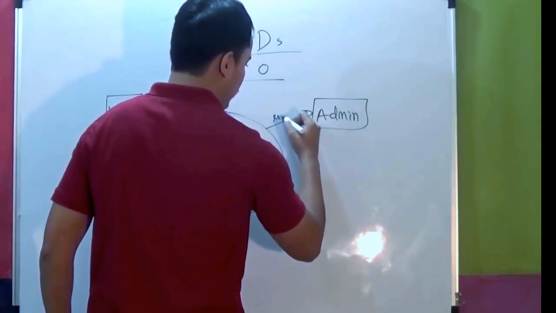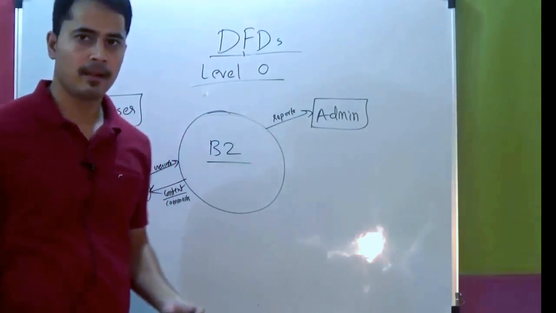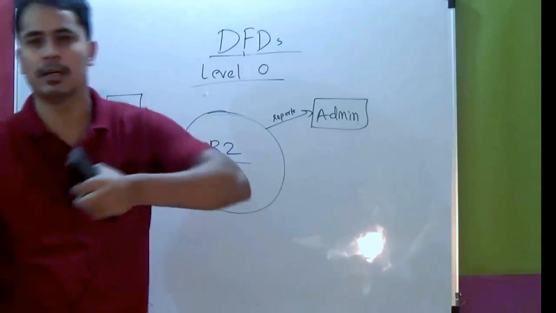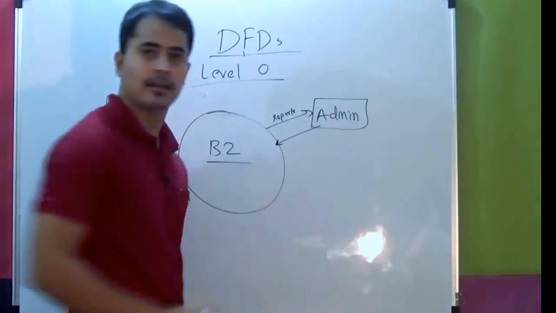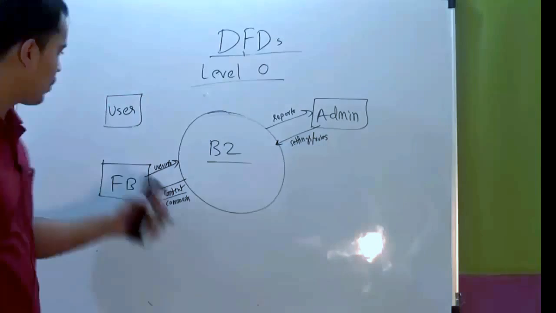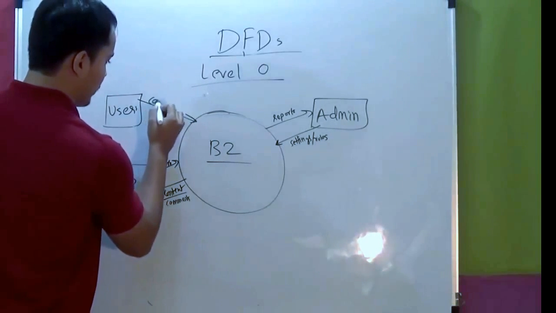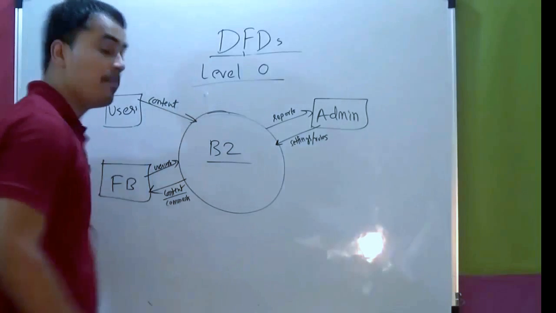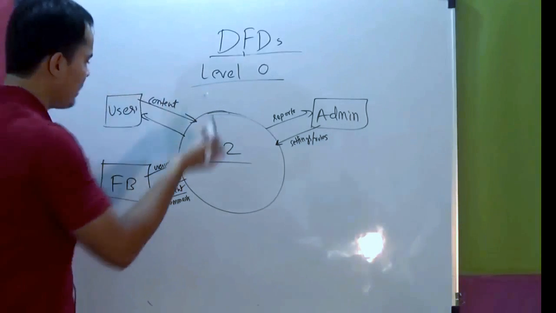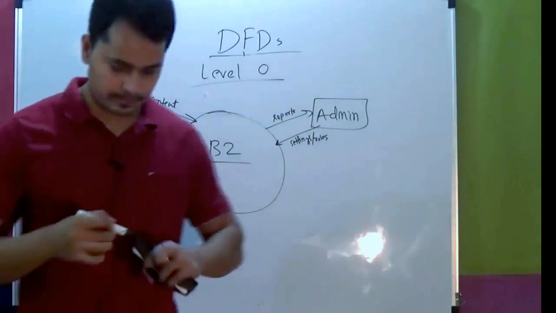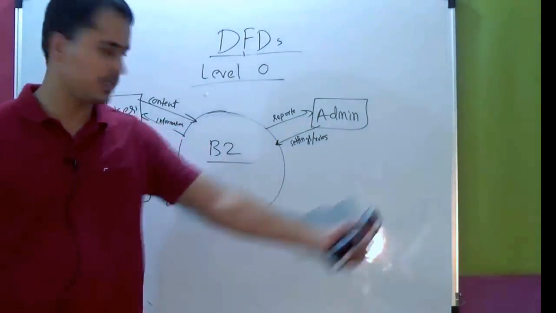Admins take data like reports. Admin gets reports from our site, like how many users in which month, from which country and all these things. And admins also give data, as in settings. What about users? Users give the data, of course, the content. That's the most important thing. And what do they get back? Content from other users, information, shall we say. So this is pretty much our level 0 diagram, isn't it?